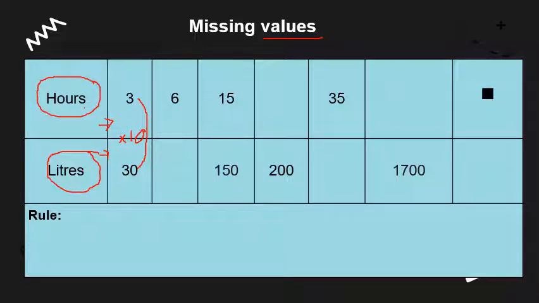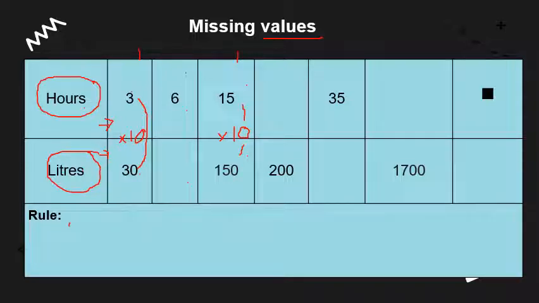I do have to check. In the second column, I've got the hours, but I'm missing the liters. So I kind of need to continue going right. Here I've got 15 and 150. Well, I know that 15 times 10 is 150. And those are the only 2 columns where I have both sets of values. I've got the hours and the liters. So for all intents and purposes, I'm going to say that the rule, which I'm going to write down in